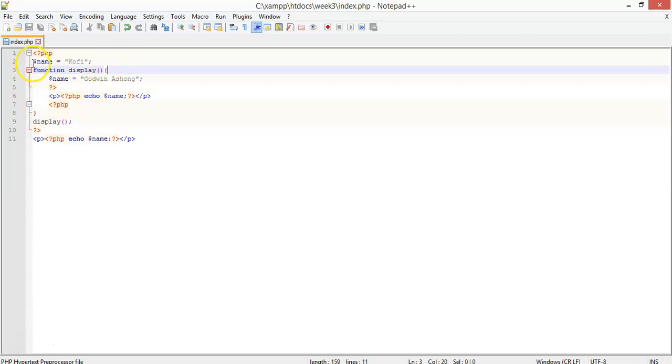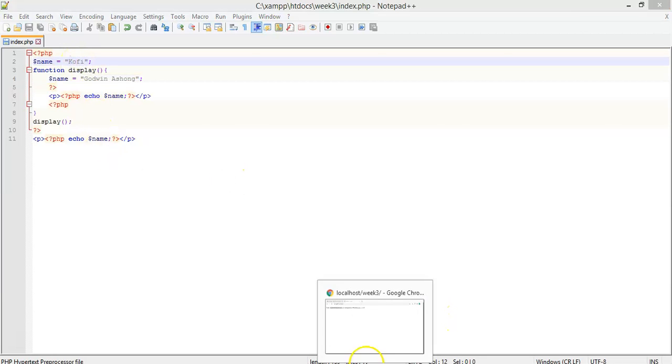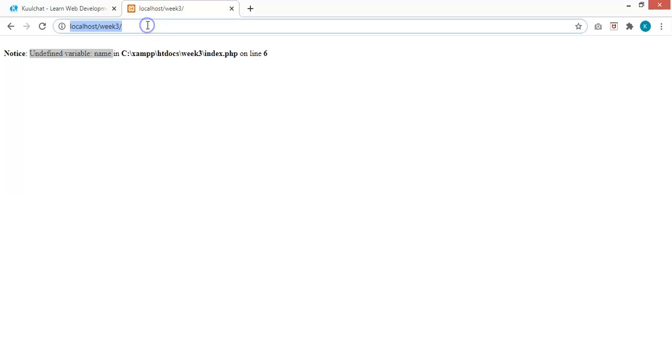And this one is a global variable. It's outside all curly brackets. So this one over here is referring to what is here, and this one is referring to only what we have over here. So this will display this. This one is global, it's outside the curly bracket, so it's referring to this one. So if you display,